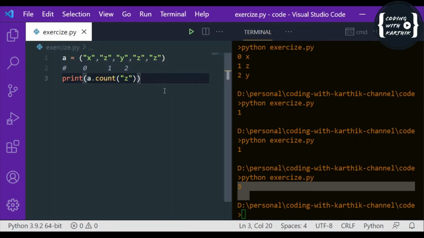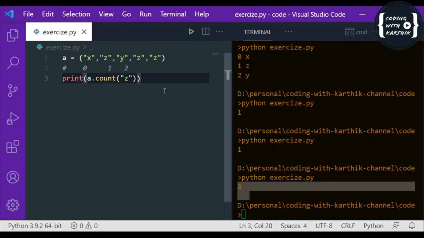I'm just briefing up the differences between tuple and list. Basically the main difference is we cannot update the tuple directly. That's why we call it an immutable object. If you want to update a specific element, we have to convert the tuple to a list, then use the list updating methods, and once we are done, convert the list back to a tuple. That's why we call this tuple immutable. This is the only difference. Everything else is the same: both are ordered and both are indexed. There are no other differences.